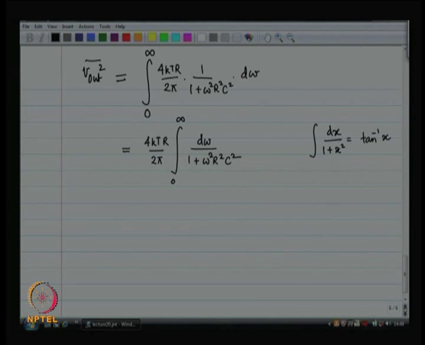So, let us try to put that in that form. To do that, I have to replace omega RC by x. If I make this substitution, then d omega will be dx by RC, and what that means is that